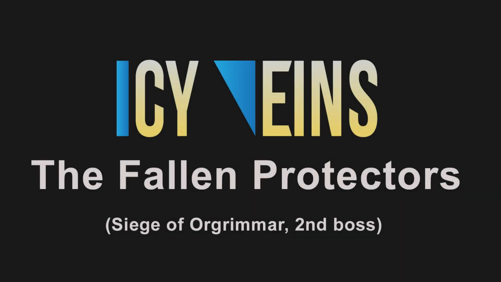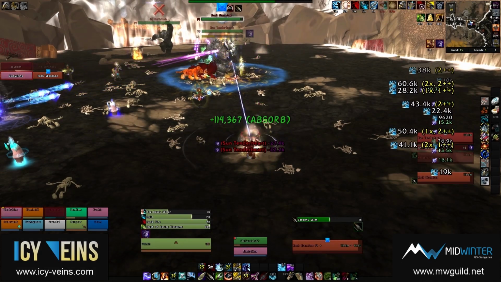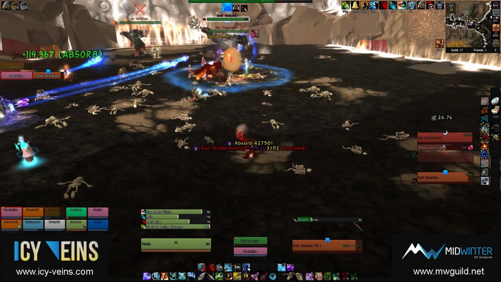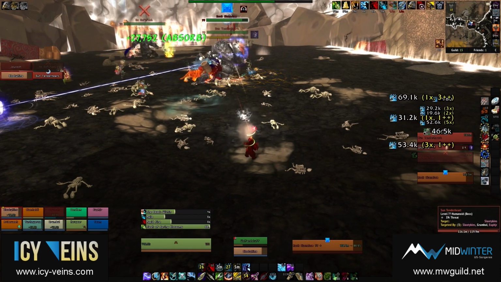Hey guys, we're going to take a quick look at the Fallen Protectors, the second boss encounter in the Siege of Orgrimmar. You will have to fight 3 bosses during the encounter, and as you can see, they need to be fought simultaneously. They don't share health, and they all need to die within a 15-second window or they heal